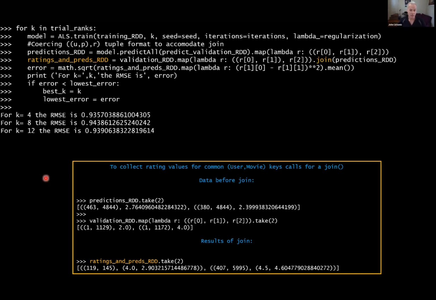So I think at this point in time, we've stepped through one of the Ks here to find the error from how well the model fits our validation data points. And for 4, it turns out to be 0.93 stars. And then we go through again and do the same thing with 8 and with 12. And so this is how we're investigating this K hyperparameter here. And we find that our best value of K here is 4. We have the smallest value. They're all pretty close here, but the best value of K is 4.